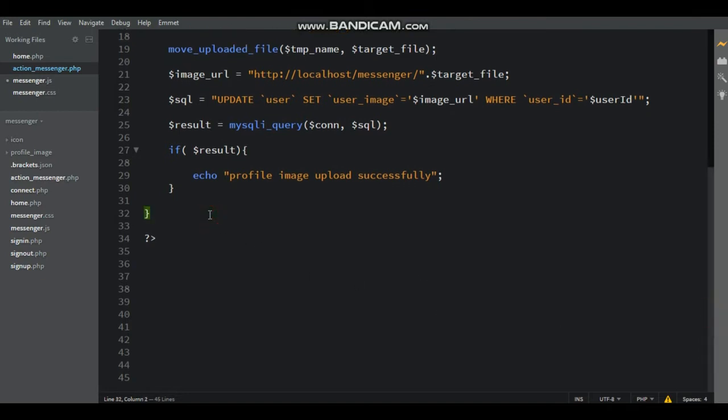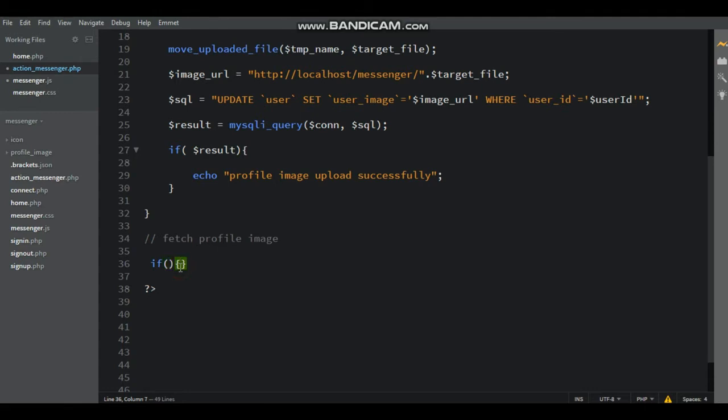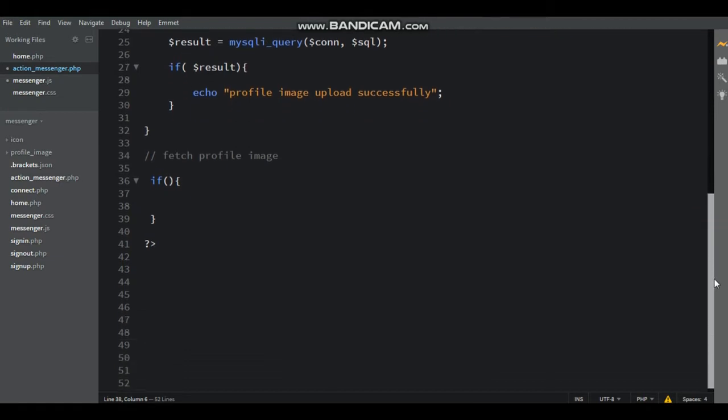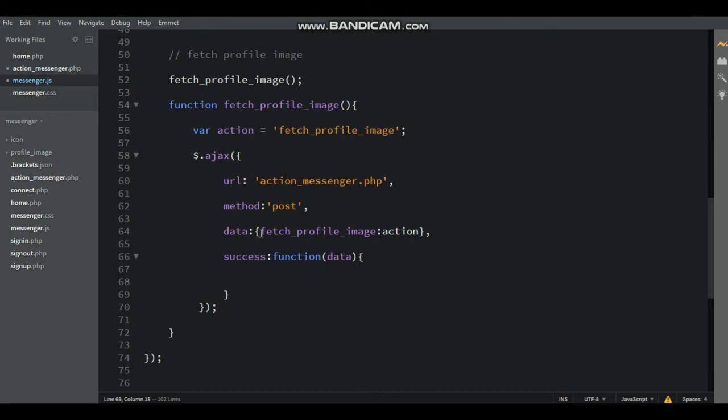Here write tag fetch profile image. Here if function, inside bracket write isset, again inside bracket write $_POST, that is post method, inside square bracket within single quotes write fetch profile image, copy and paste inside single quote.